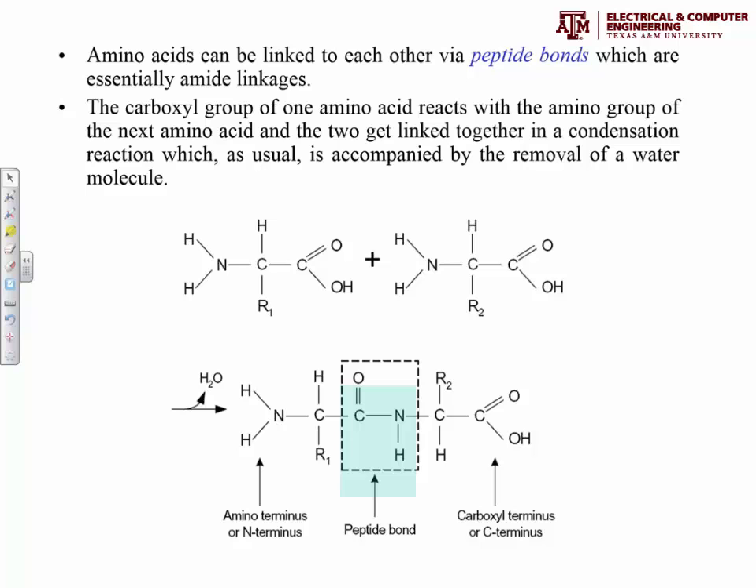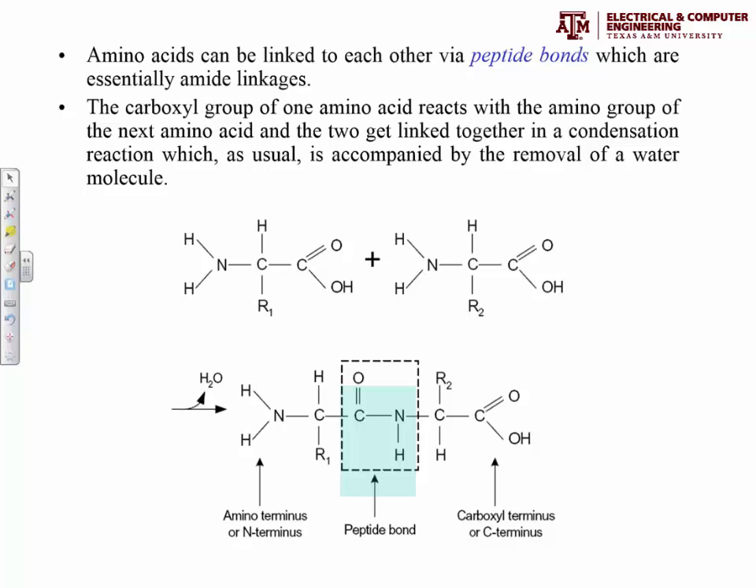You can take two different amino acids, okay? Link the amino group of one with the carboxyl group of the next one, right? Through a condensation reaction, and you have produced two amino acids that are linked together, right? You can continue the process, right? And that's how you build up proteins. So amino acids can be linked to each other via peptide bonds, which are essentially amide linkages. Again, that's the reason why I introduced those amide linkages in the last lecture, okay? When I talked about,